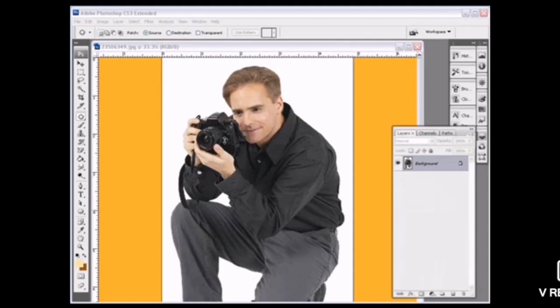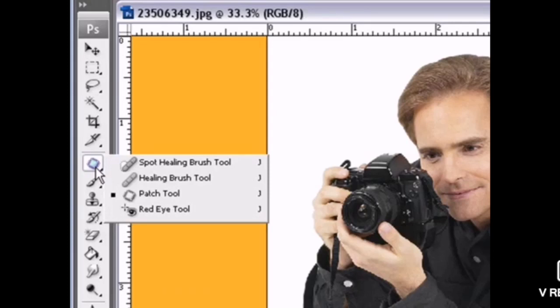Now this is my image which I was having, so that I took. Now this is my original image, I can say. Now I will change this image and make it to the spot healing. So how to do it? Let us know about it. Now see here, I'll maximize and I'll show you the thing. So here it is my spot healing.